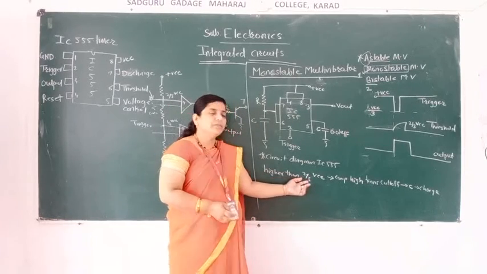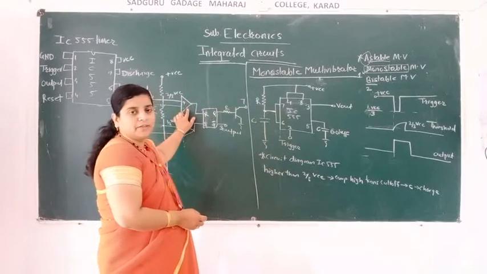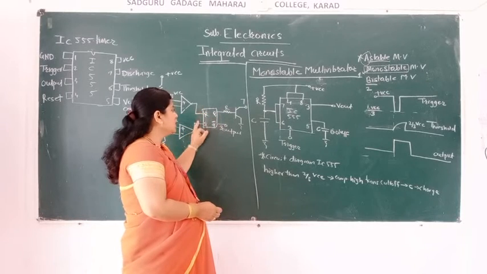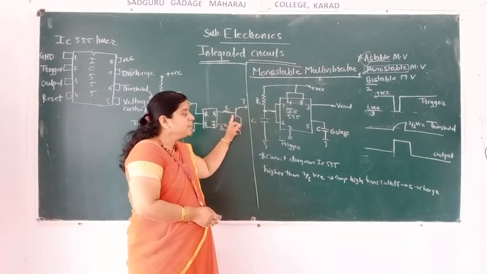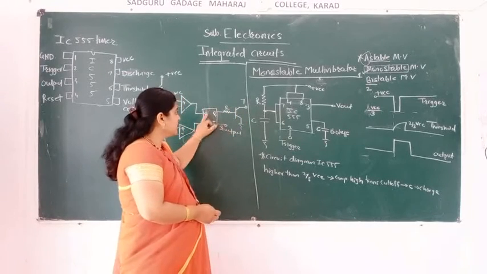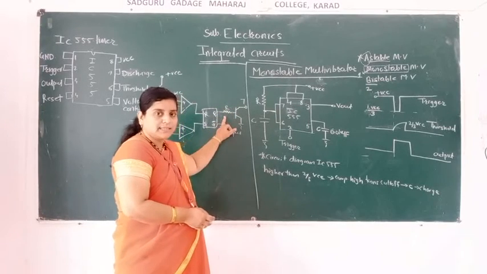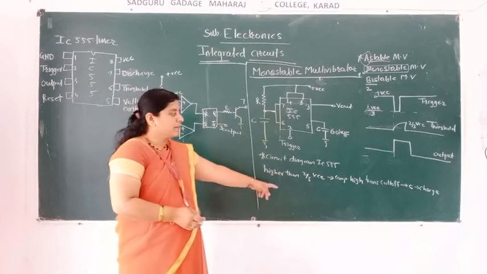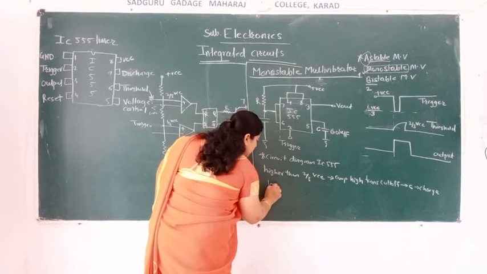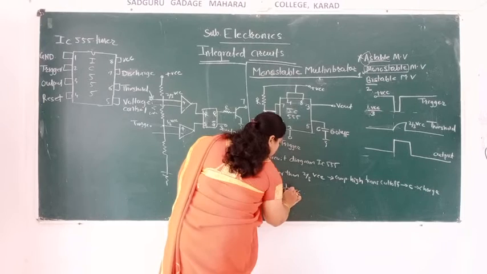When it is higher than 2/3 VCC, then this first comparator will be high. At that time what happened? This R will be high, means it is 1 0, then the transistor will be in the cut-off state, the off state. At that time the capacitor is connected here, and the charging and discharging of the capacitor depends on this R. Okay, it depends on the resistor, and at that time the capacitor will be charged. What will happen in the second step? When it is less than 1/3 of VCC, then what will happen?